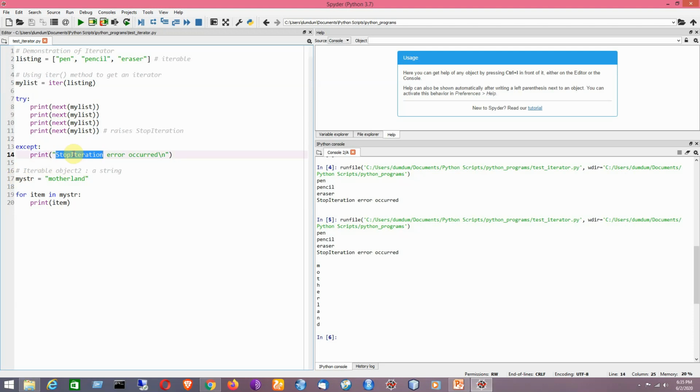That is because of the stop iteration error, which is considered to be a runtime error. Now the program will be able to handle that kind of error, so the rest of the part will be executed normally.